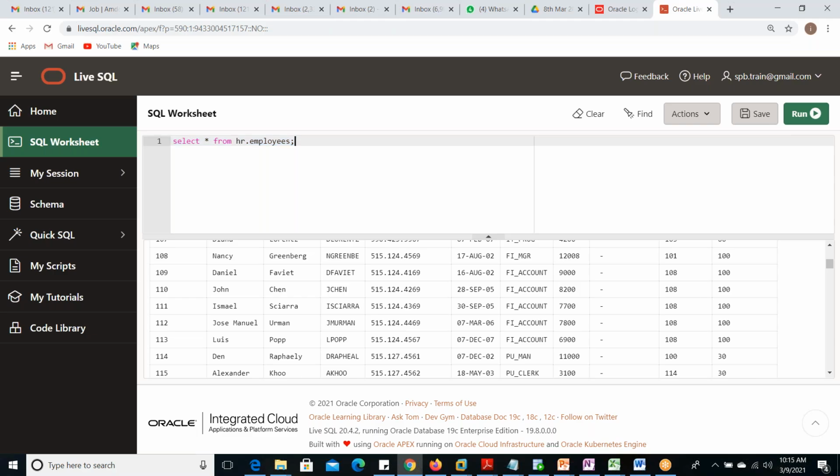But whatever we create, it will not be stored. This is read only. If we create any table, we can create it, but after closing this, it will vanish. It will not be stored. If you use your software after installing it in the system, it will store anything we are creating and doing. So for the first 1 or 2 weeks, this is fine. You can continue with this.